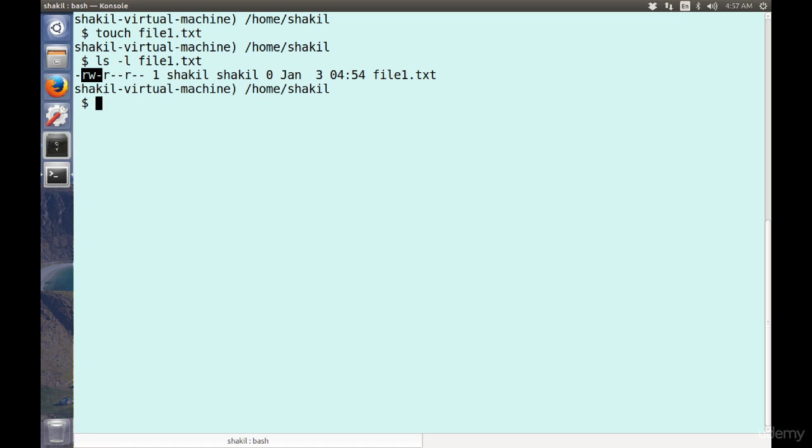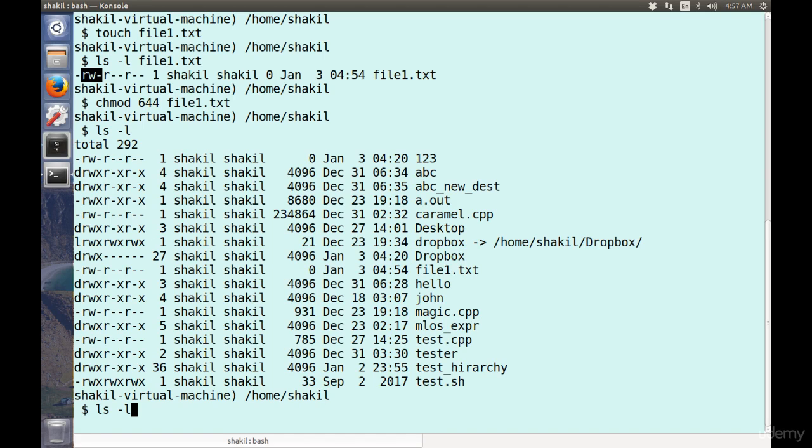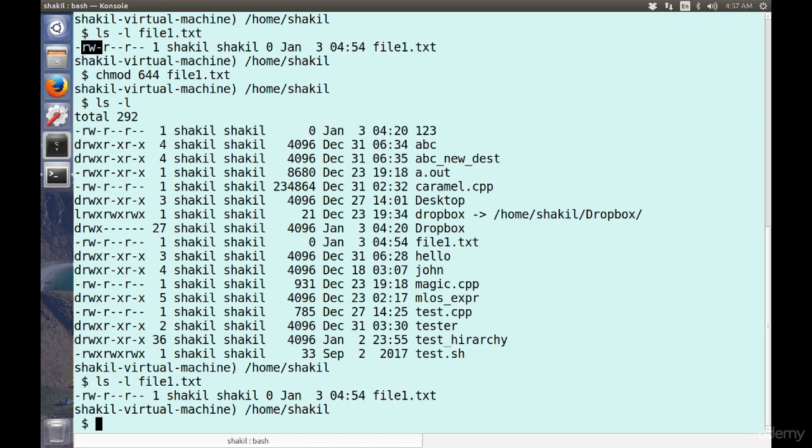So if I want to change the permissions by the numerical system, I could say 644, which is ineffective. I am doing the same thing, same permissions, no change, but I just want to demonstrate. Now let's suppose I change the permissions to something else like 777, I give all the permissions to all the users, group and others.